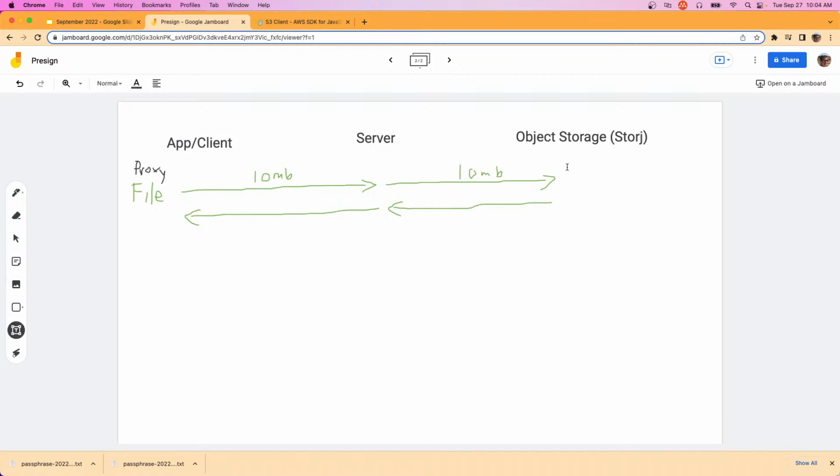The pro of this approach is that it's easy. The con here is server traffic: all of the data is going through your server, and so you will pay the costs of doing that 10 megabytes through your server to the object storage, and likewise when it comes back. And so the presigned case allows for you to